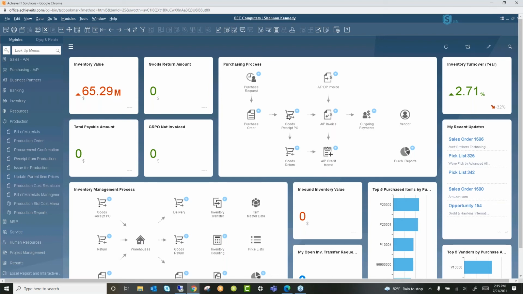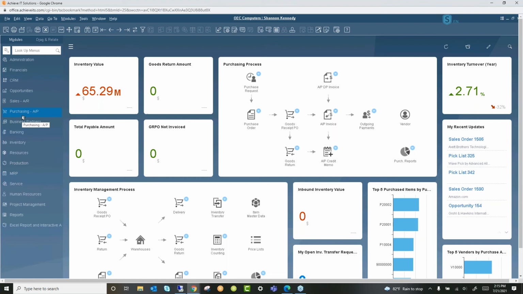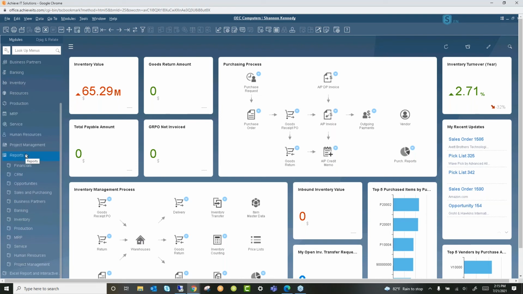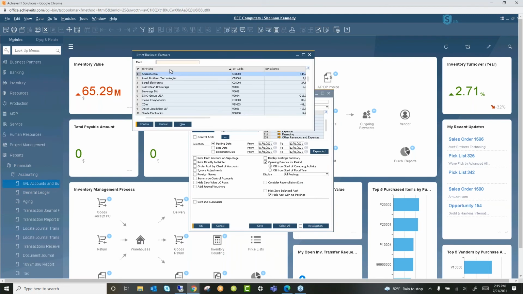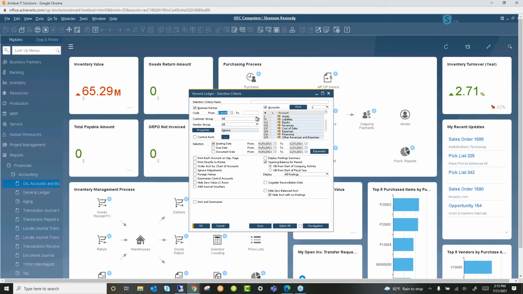Now we're going to look at a few of our reporting options that have been enhanced in SAP version 10. Simply going to open up my reports here. And my first option I'm going to go in is one of my financial reports. I'm going to open up my general ledger report, select my business partner as normal, and then once I open up this report,